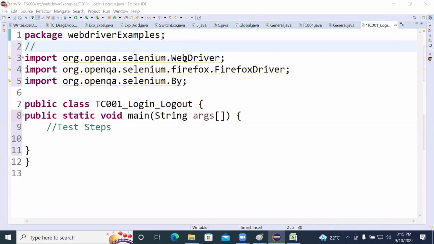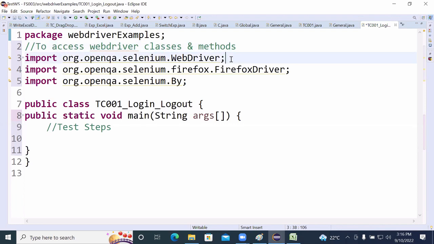In this, the purpose of importing this particular WebDriver package: the first understanding, if we consider packages, based on packages, what can we access? Classes. So the purpose of the WebDriver package is to access WebDriver classes and WebDriver methods. Okay. At the same time, considering the